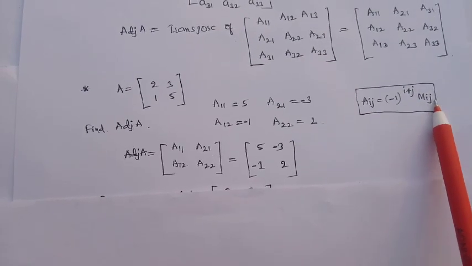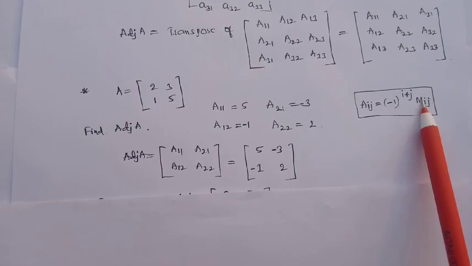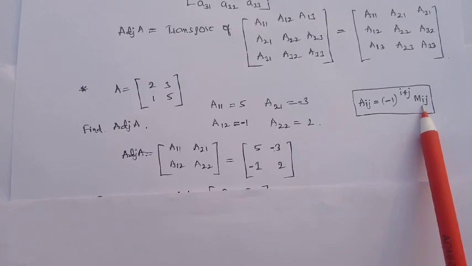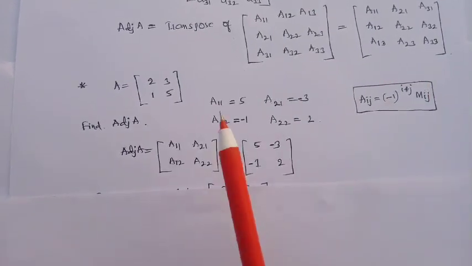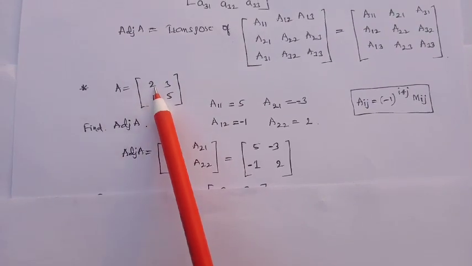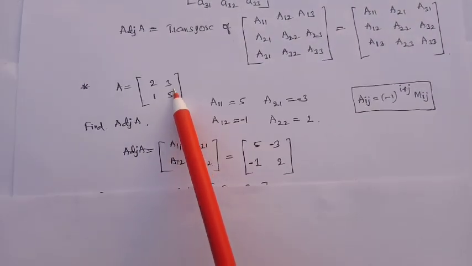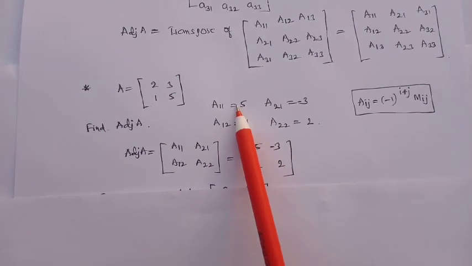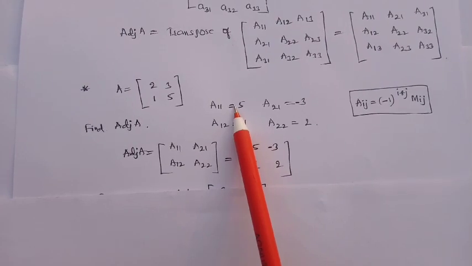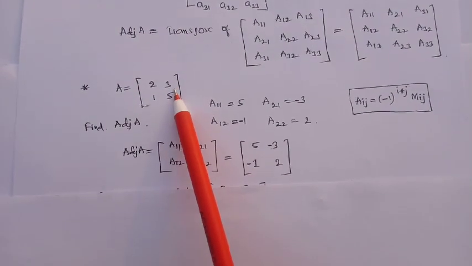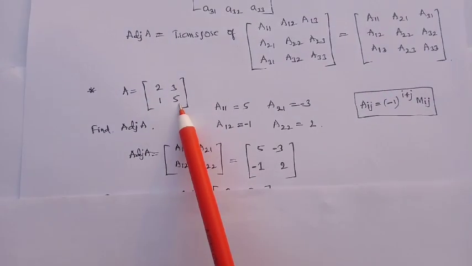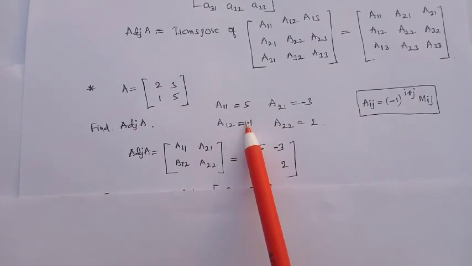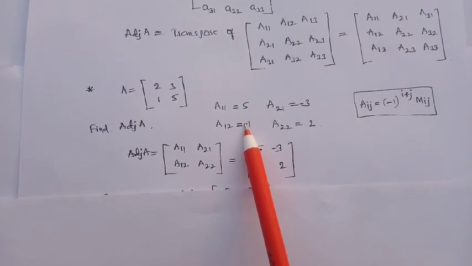Mij is the minor of the particular element, excepting the particular row and particular column. The remaining element is going to be Mij. So for A11, excepting the first row and first column, the remaining element is 5. So 5 should be taken here, and (-1) to the power 1 plus 1, that is plus 1. Next, A12, for the second element, excepting the first row and the second column, this 1 should be taken. 1 is taken here, and (-1) to the power 1 plus 2,